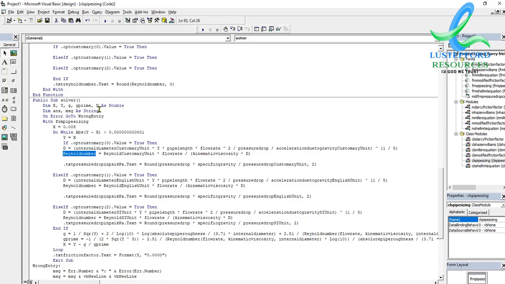And define it here. Let me say comma, paste. So having defined it there,